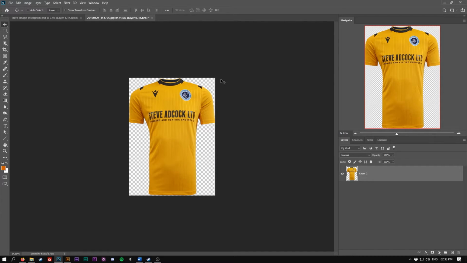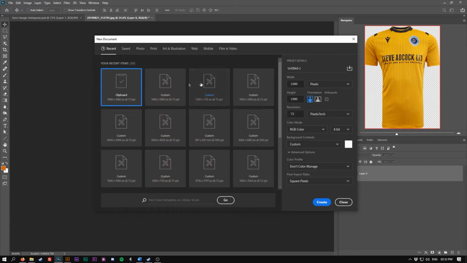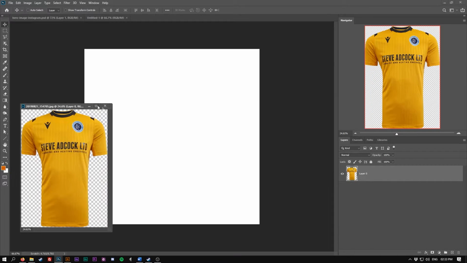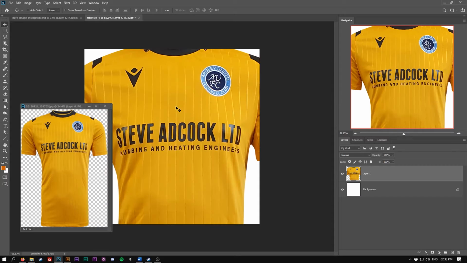So next we're going to turn this into a nice little social media post, just to really push this thing a little bit further. So we're going to make a new document, File, New, and it's going to be 1080 by 1080 because this is going to go onto Instagram. Hit Create, take our layer, drag and drop him in,